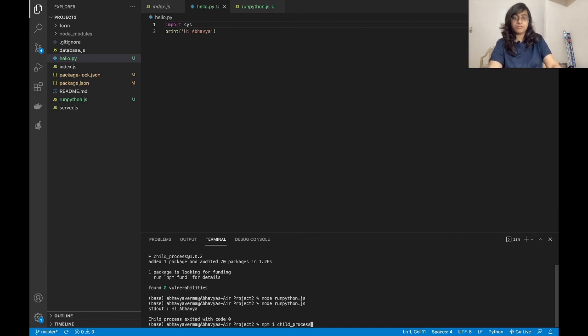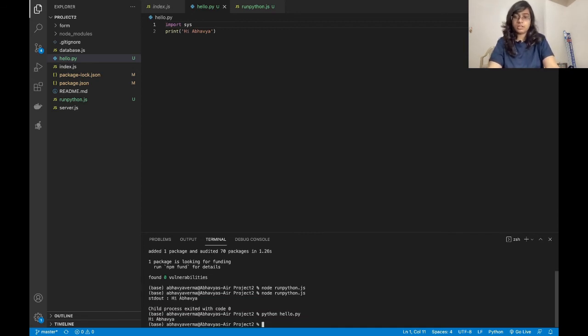So better resolve it first. So python hello.py is working absolutely fine. And now, instead of sending hi Abhavya, I will give the arguments here. It is str of sys.argv, the argument as 1, and you will come to know very soon why I am writing this.